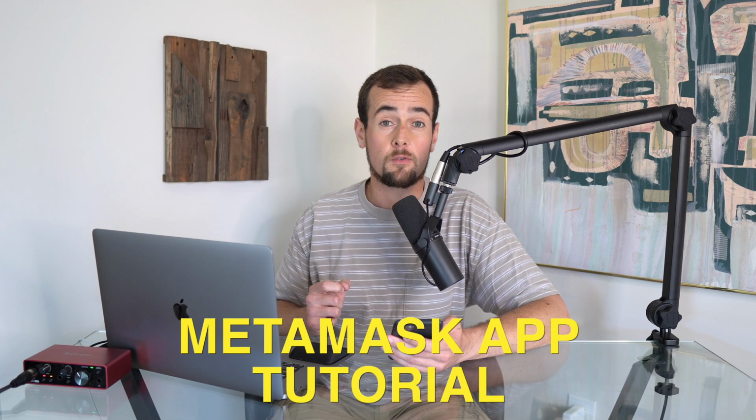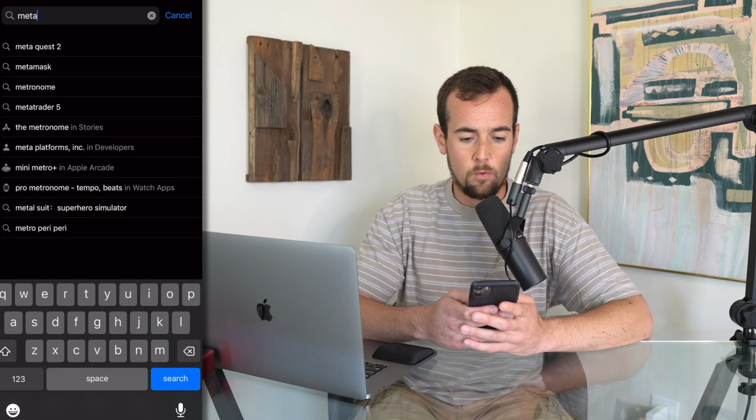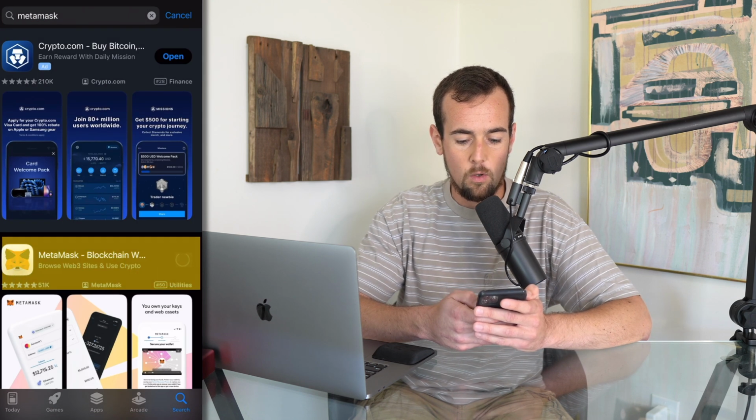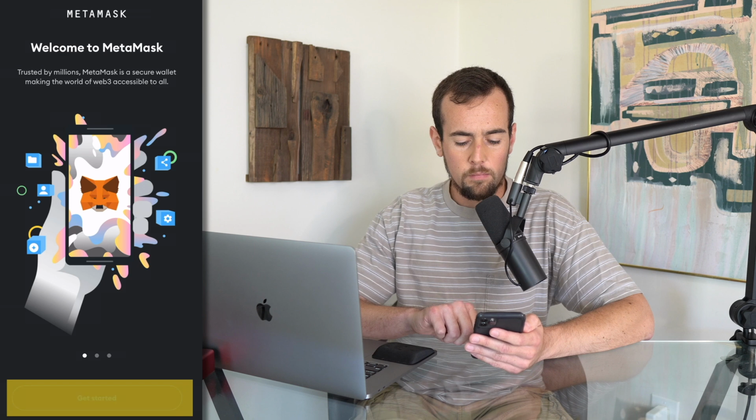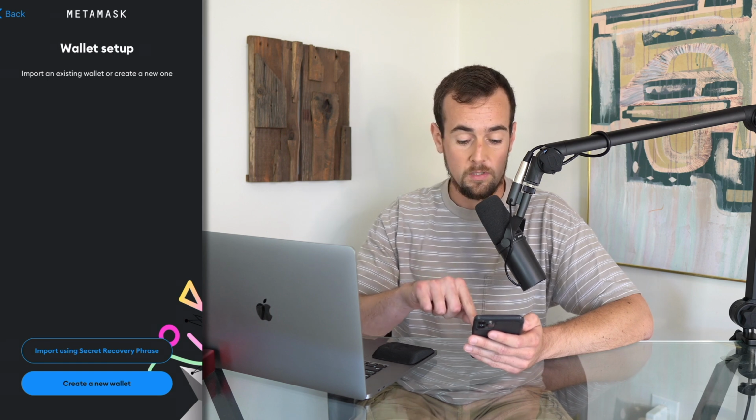Now I'm going to show you how to set up the MetaMask app on your phone and pair your accounts together by importing that wallet that we just created using your seed phrase. The first thing you're going to want to do is visit the App Store and then search for the MetaMask app, and then you're going to go ahead and install that. And then you're going to click on the open button here, and it's going to bring you right into the app. At this point, we're going to click on the blue Get Started button at the bottom, and in this case, instead of clicking on Create a New Wallet, we're actually going to select Import Using Secret Recovery Phrase,